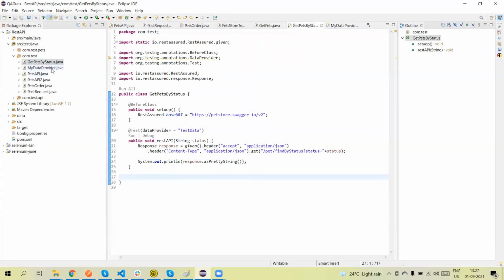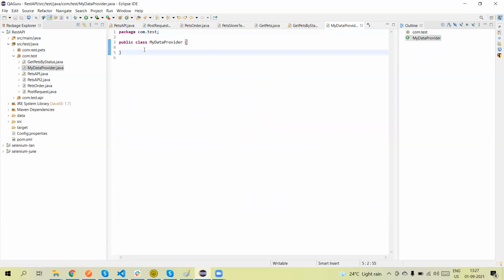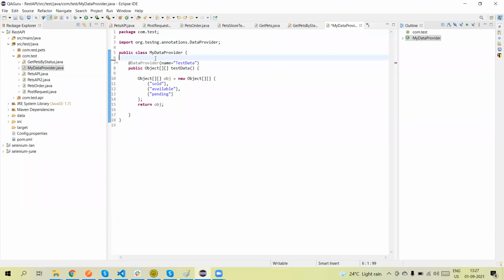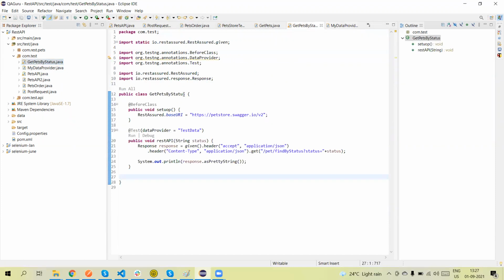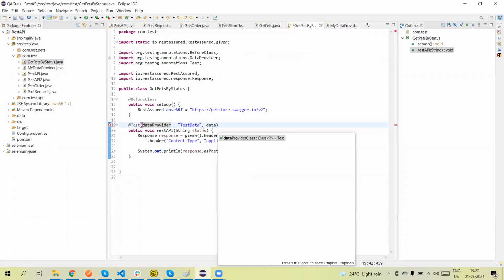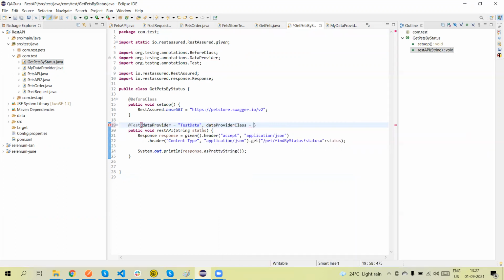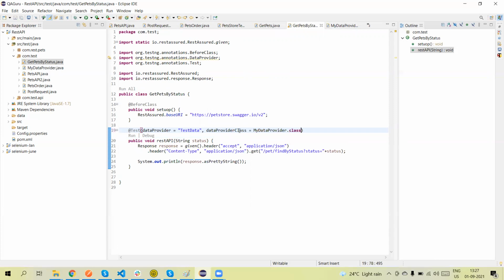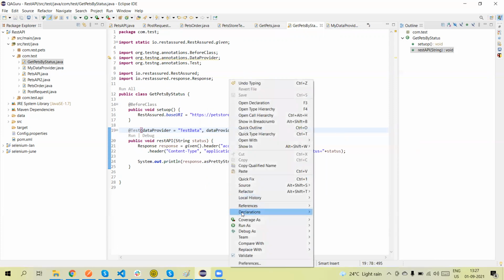In that case, how will we call the data provider? In the test annotation, there is the dataProvider attribute, passing the data provider name. Here we also need to call the data provider class, using myDataProvider.class. Now if I run this, let me show.